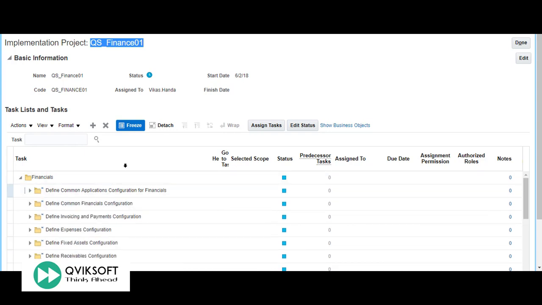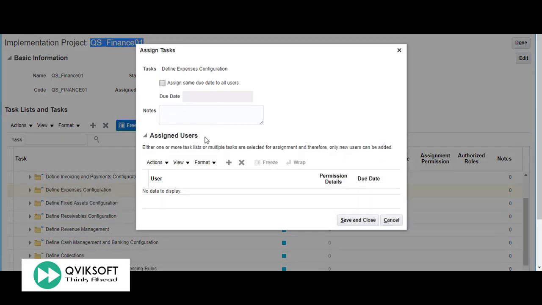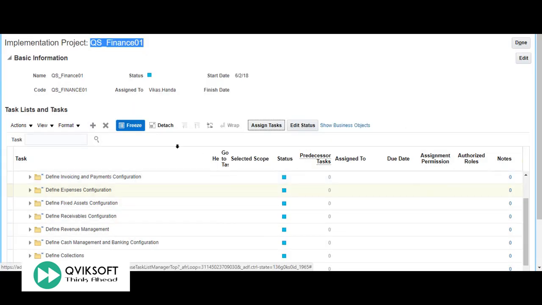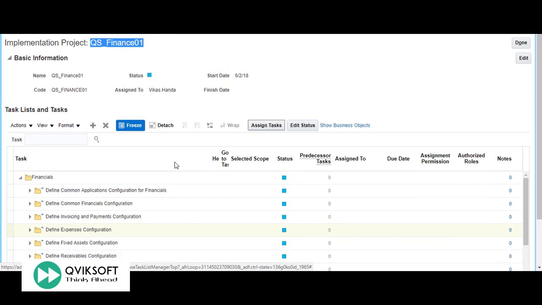So this is just a brief example of how you can create a project. For example, if there is a certain task which you want to assign to somebody, you can click the task. In this example, let's say for expense, I want to assign it to somebody. I can click on this and say assign task. Then I choose the person name, set the due date and everything. This will be assigned to a person who can work on it. When I assign a task to somebody, that does not mean I cannot work on it. The only thing it allows you, if I allow that person to independently do the task, I can manage and implement. So this is the list of all the tasks under the financial project.